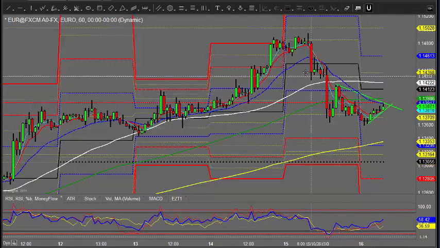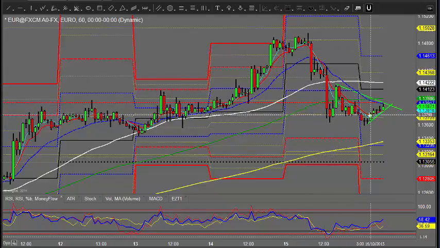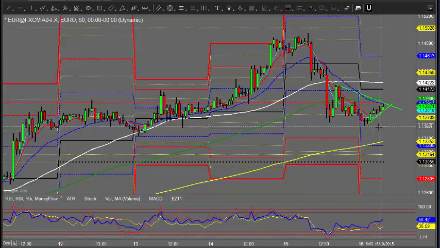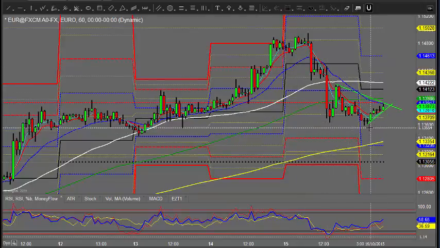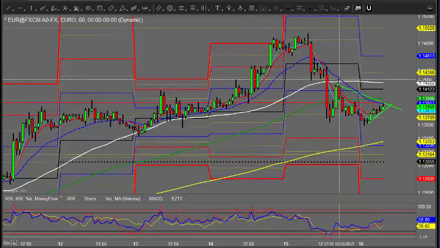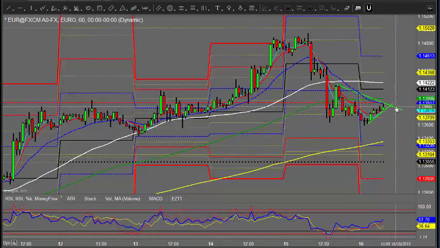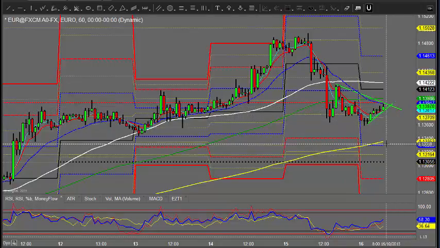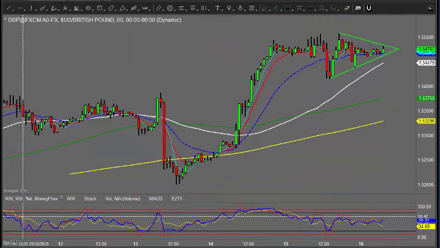The short-term trend here, or the intermediate-term trend could be argued, is on the downside. We put lower highs in yesterday, and we've confirmed a lower high, with 2 lower highs there and lower lows through the Asian session, so it is really erring towards the downside. But as I say, after such a day yesterday, I wouldn't be surprised if we don't get a bit of a consolidation day anyway. Looking at cable.